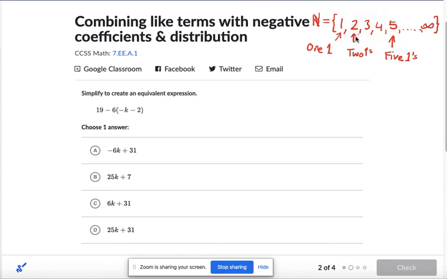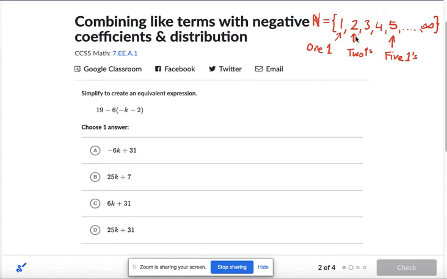So that's the part we're looking at first. The sign that precedes a number, keep it with it. So we're going to take this -6 and multiply that into the parentheses before we do anything. Nothing happens with the 19, so we get 19,